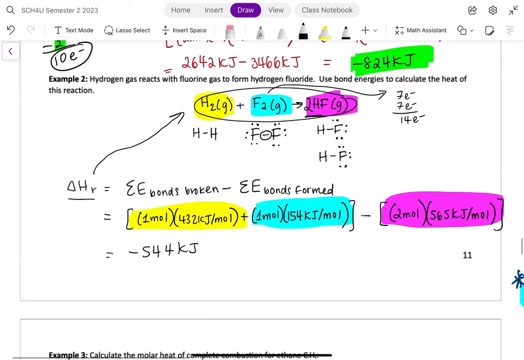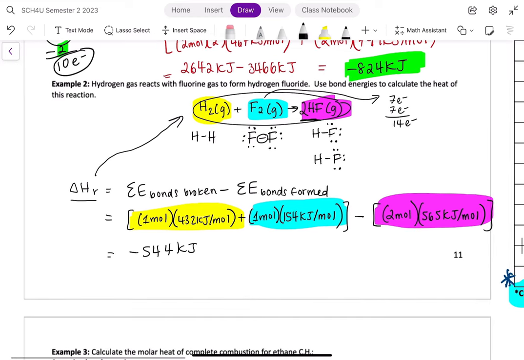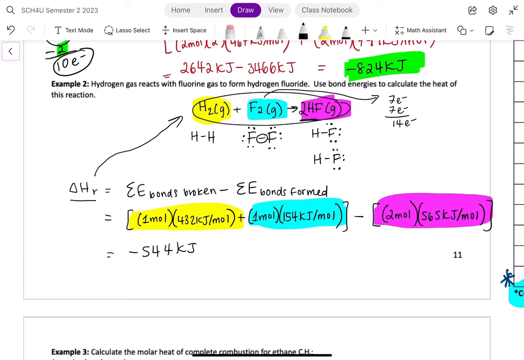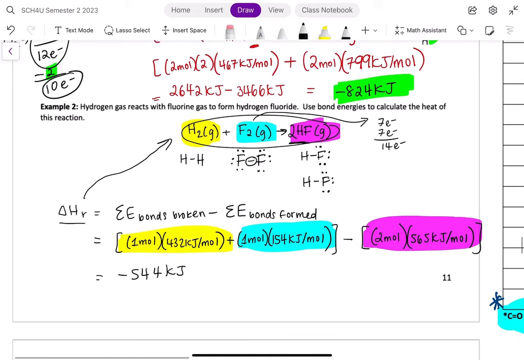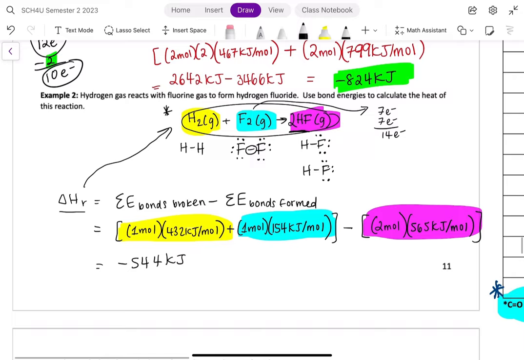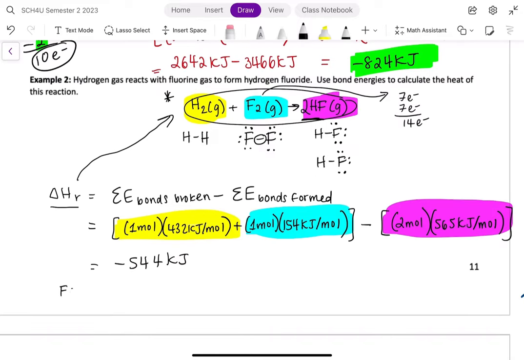If the question asks to determine the heat of the reaction when hydrogen reacts with fluorine to form 1 mole of hydrogen fluoride, your reaction is going to look different, and the delta HR is going to be different as well. So if you notice in this first reaction, 2 moles of HF are produced. So for 1 mole of HF